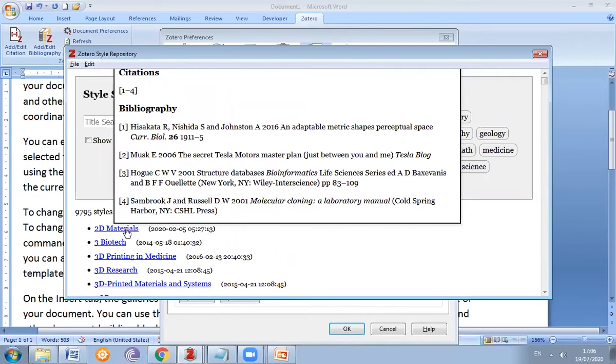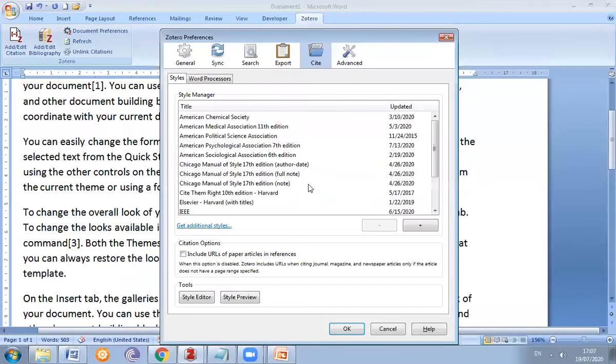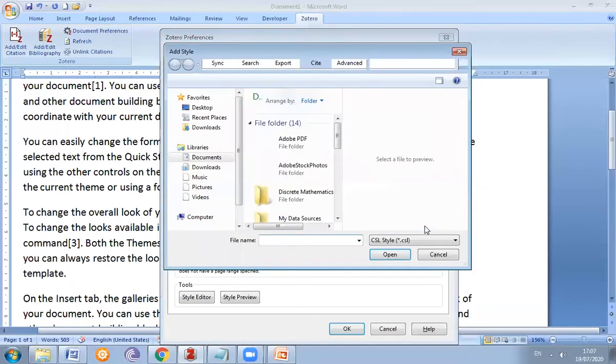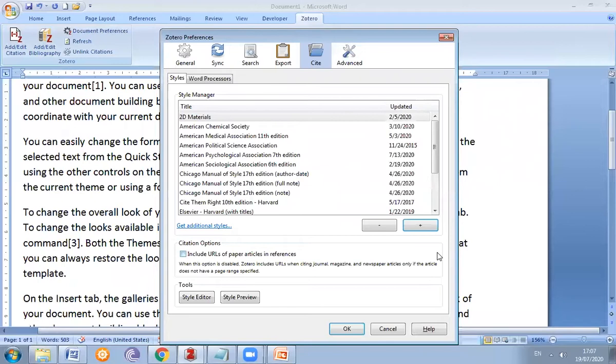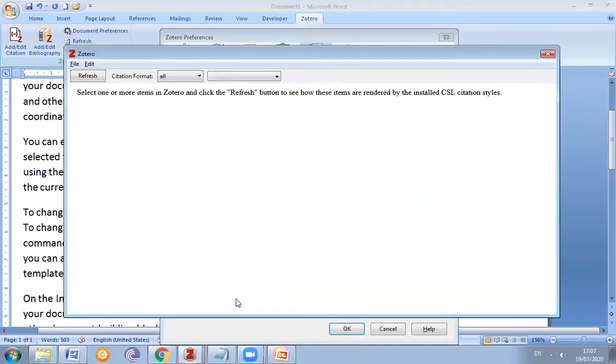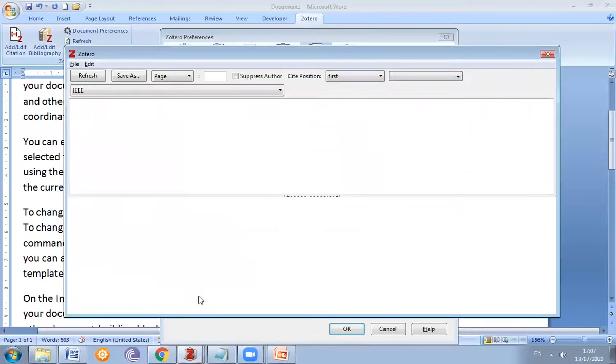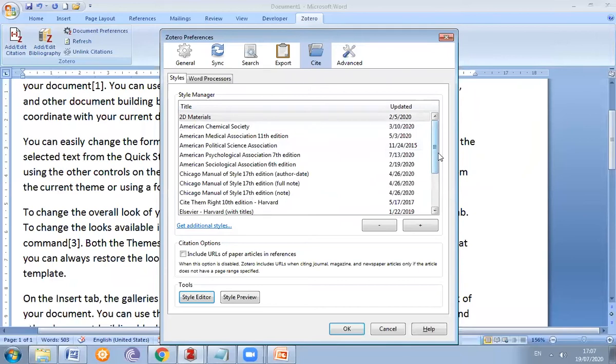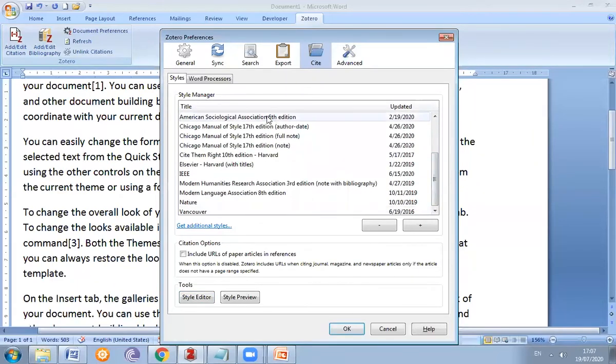For example, here we provide this style, we can add this style here. If we want to add this style to others, then that is also possible. So this is the way we can provide. Style preview is also available, as well as a style editor. If we want to edit, then we can edit. As here we select this IEEE style, so this is the most important thing.